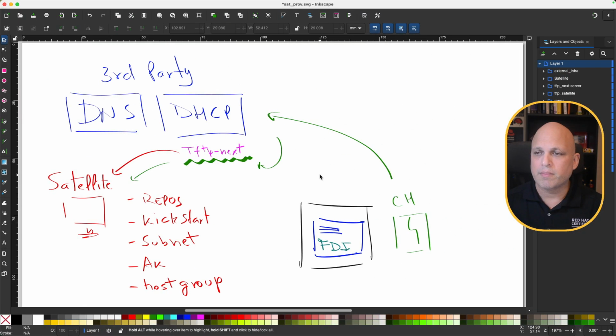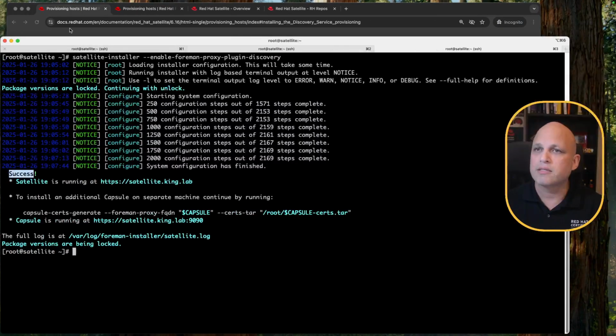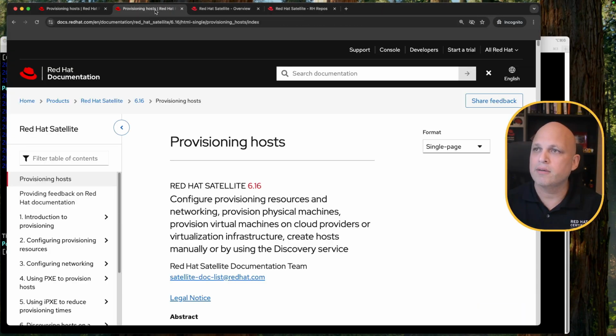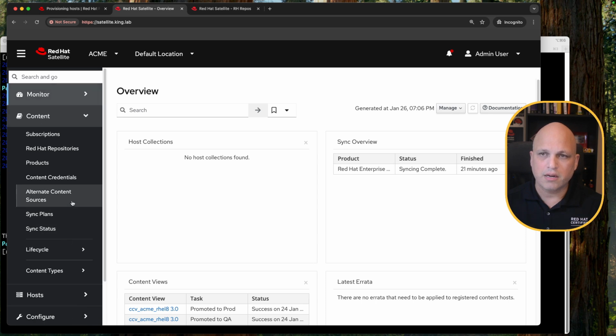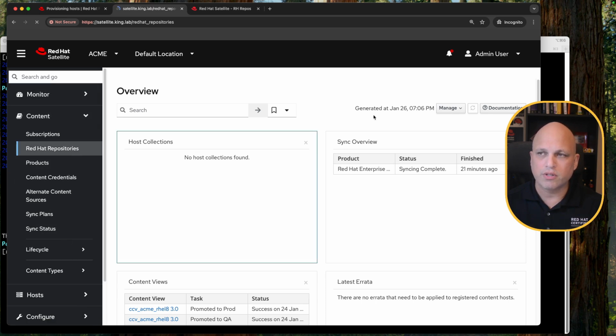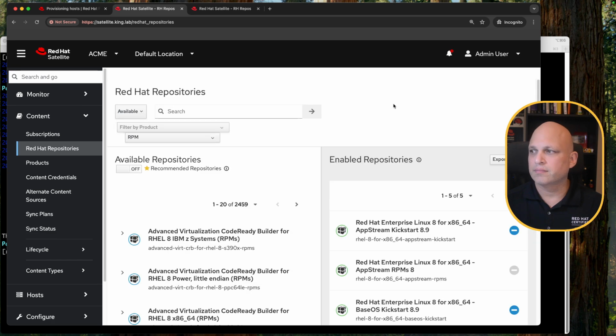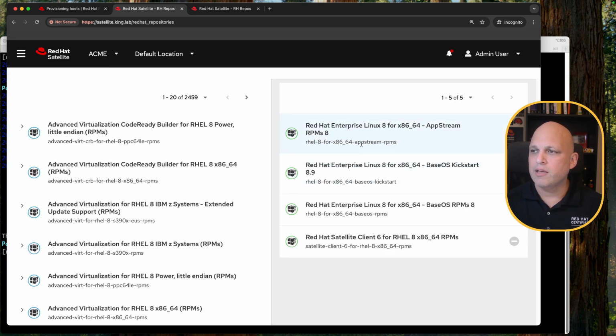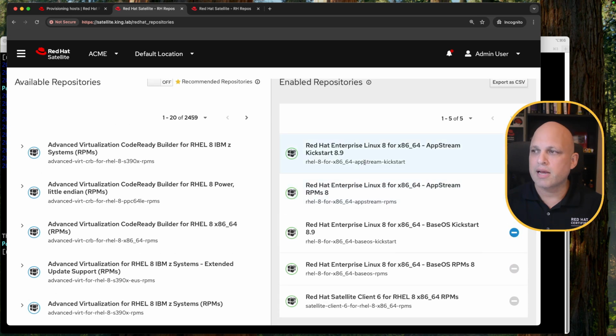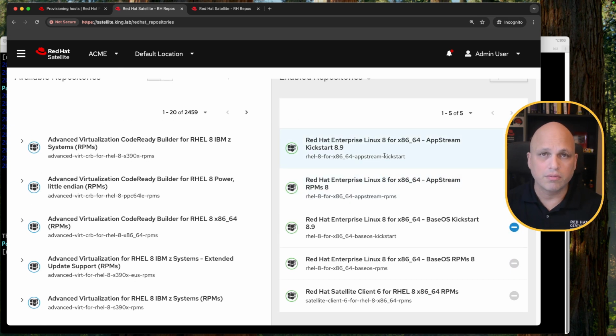After that, let's come back to the whiteboard and see some information. I need to check my repos. So let's check the satellite web UI. This is also documentation. This is the satellite web UI. Where can I see my repos? Basically, content, Red Hat repositories. Let me reduce this. On the right side, you can see all the repos that are already enabled in your